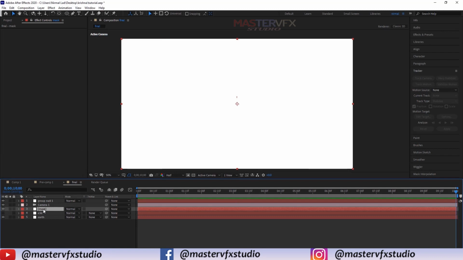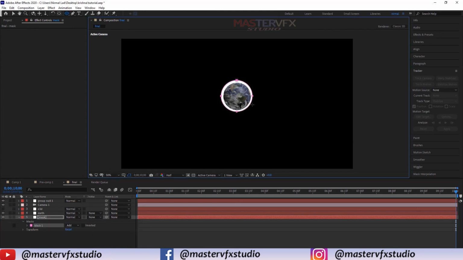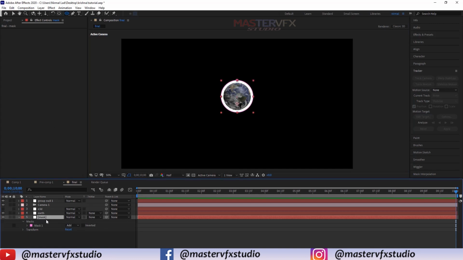Now put this solid layer below this earth layer, select the elliptical masking tool and mask out this solid. Then press S for scale and match this size to the earth size.